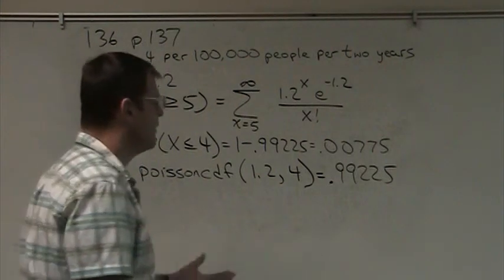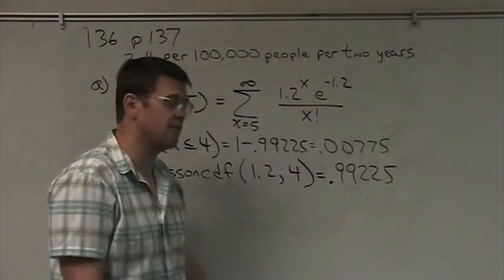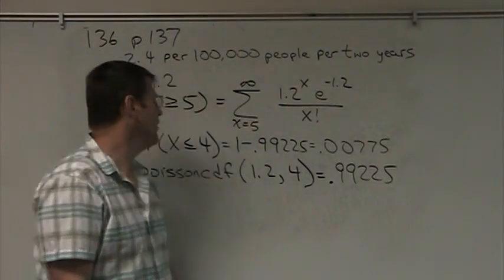On the other hand, if this probability had worked out to be something, say, like 0.2, then this would happen